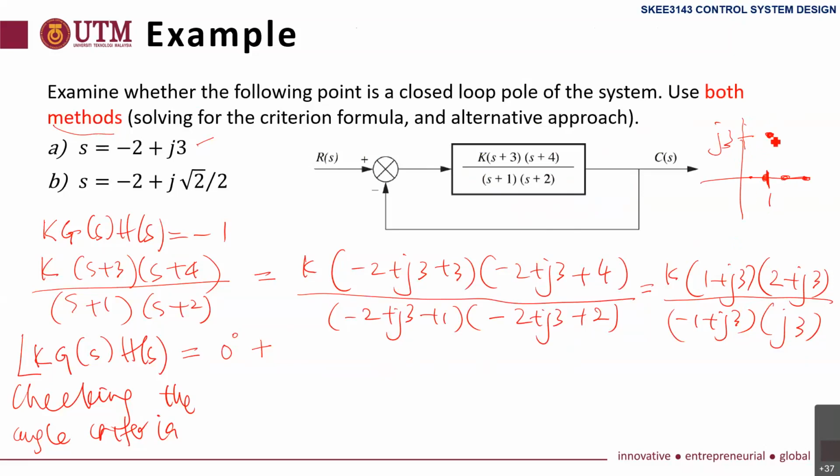So the angle that we consider is the angle from 0, which is tangent inverse of 3 over 1. That is the second one. The third one is plus tangent inverse of 3 over 2, minus